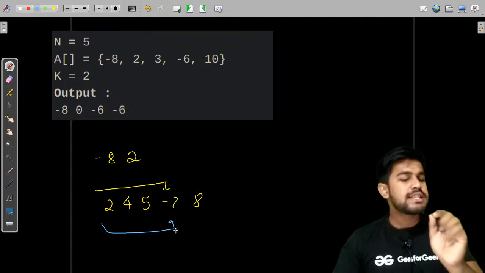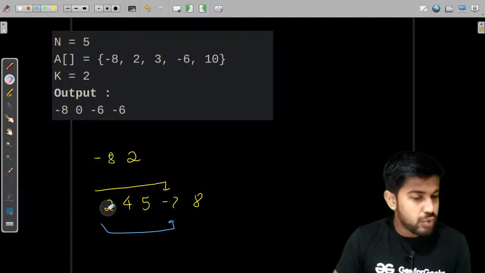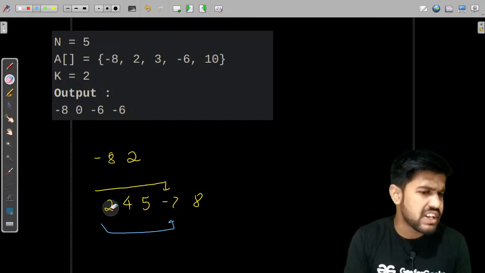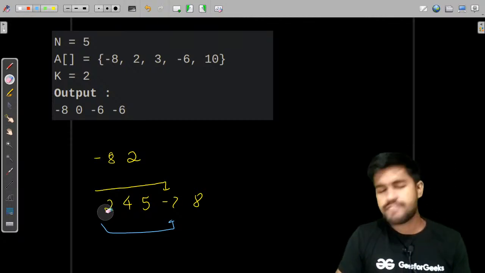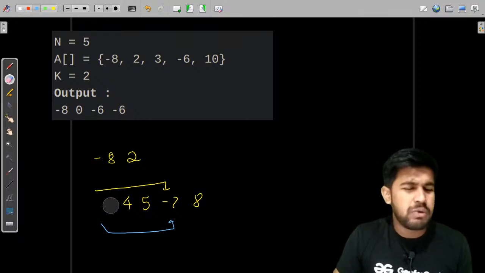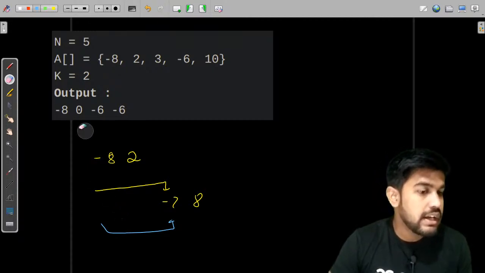So in the same way what I can do is, I can say that yes, 2, 3, 2, 4, 5, you are not needed because it is a positive number. We would never need it in our answer. It won't contribute anything to the answer, neither would it affect the answer. So I can simply say that yes, please go out and sit somewhere else. Fair enough. I got this idea. Now I don't need